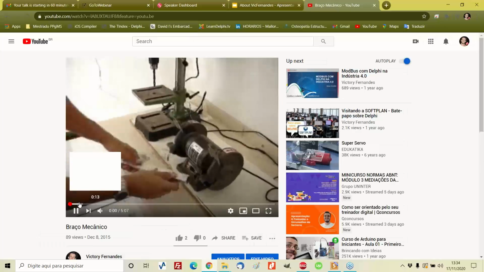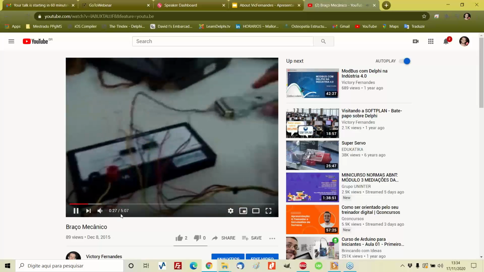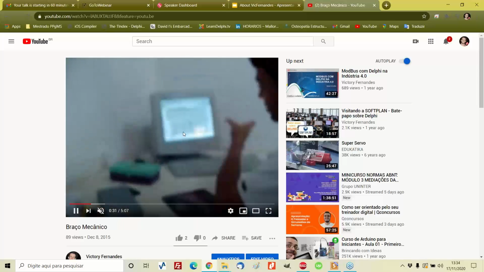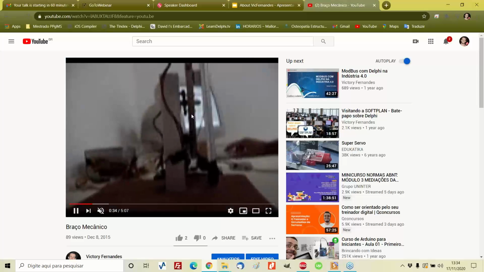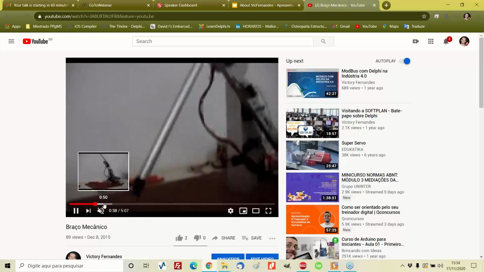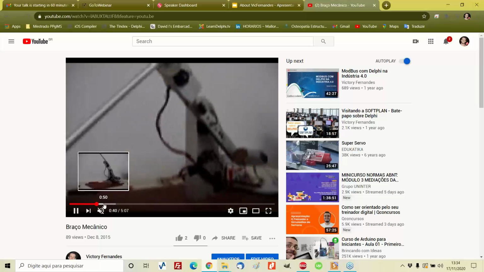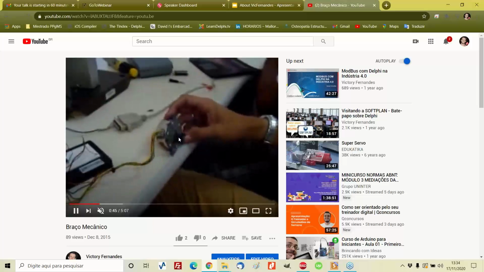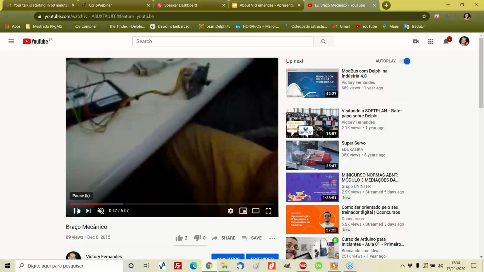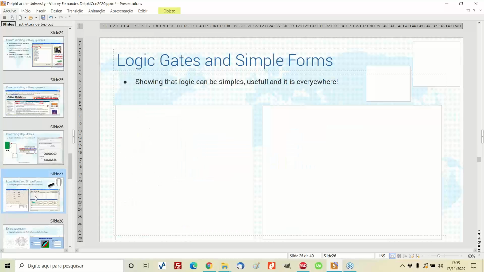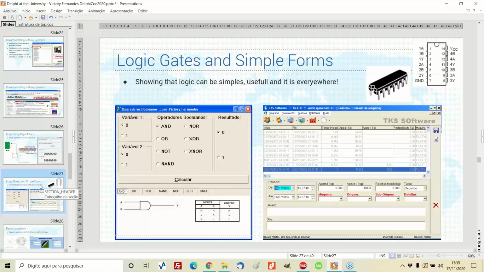And if you guys later check on the links I provide here, you will see that for each one I posted some videos that will show some very nice applications. So you see here this motor going around left and right. So we had Delphi applications running, and we were building robots and empowering students to do all that with Delphi and C++ Builder. Okay, so you see all this is done with Delphi. So you will be able to check on the links later and go through all this material.